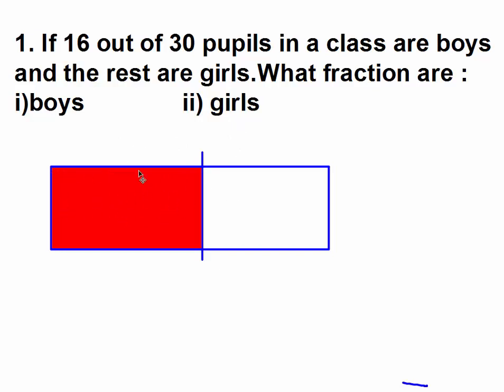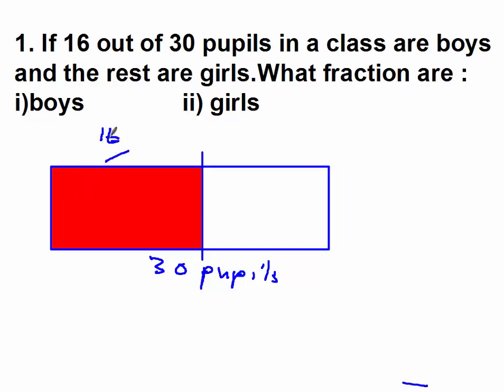Now the whole of this shape represents the number of pupils in the class, which is 30 pupils in a class. Out of these 30, the shaded one represents the number of boys, that is 16,